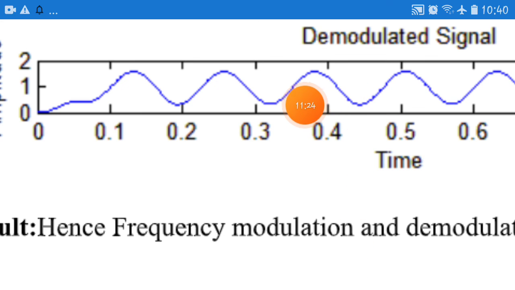Now this is the waveform of the demodulated signal. It is the same as the modulating signal, the message signal. So that is all about